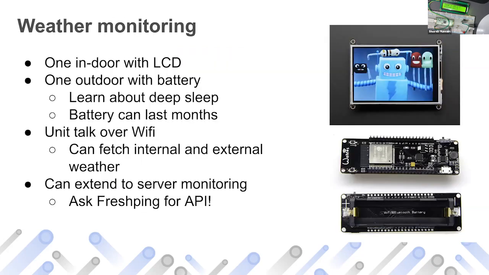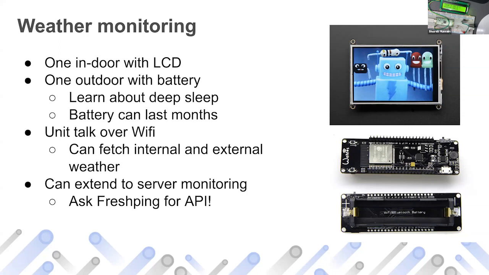So right now I'm building this weather monitoring system. I have this beautiful LCD, and behind it is the ESP32. It's a very popular microcontroller, and one of these is outside. So this is the front and this is the back. It can have a huge battery, and it can practically run for months or even a year. Again, it senses temperature and produces JSON on a particular IP address. This little guy here displays the current weather inside the room and the outside weather from this particular device, which is also on Wi-Fi. Both are on Wi-Fi. So you can do that. I'm just building it right now, but you can extend this.